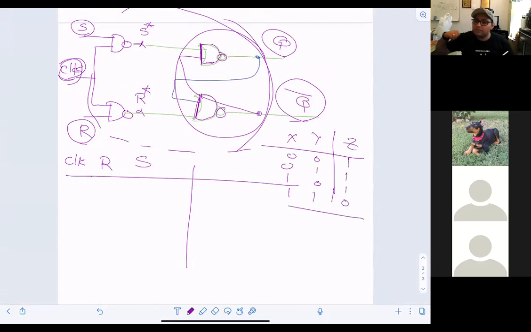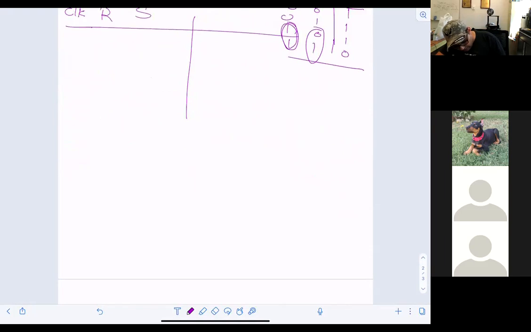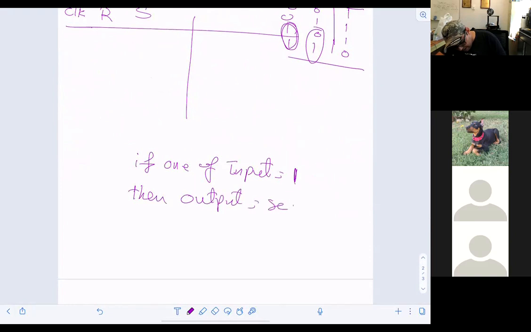So what we learn out of this is that if the X is 1, that means one of the inputs is 1, then it depends on what is the Y, Z will be flipped. Do you guys agree? Yes. So I can write it in a statement saying that if one of input equals 1, then output will be second input complement,